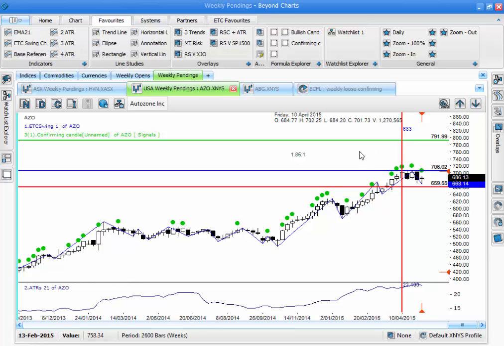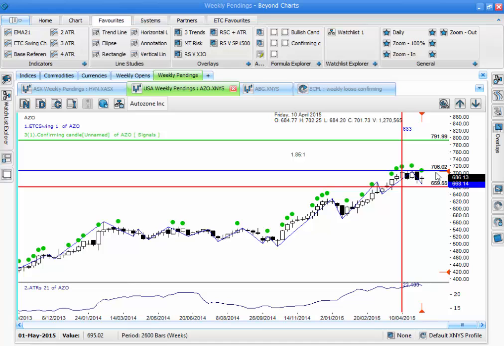The next one, AZO AutoZone, similar sort of setup again. There's our second from last peak there. There's what I'm expecting to be the candle that forms the trough. Now the candle that forms the trough, the close of that candle, where is it in relation to the second from last peak? It's well above, so it passes our price action filter very clearly. We've just got to get past our medium term peak,